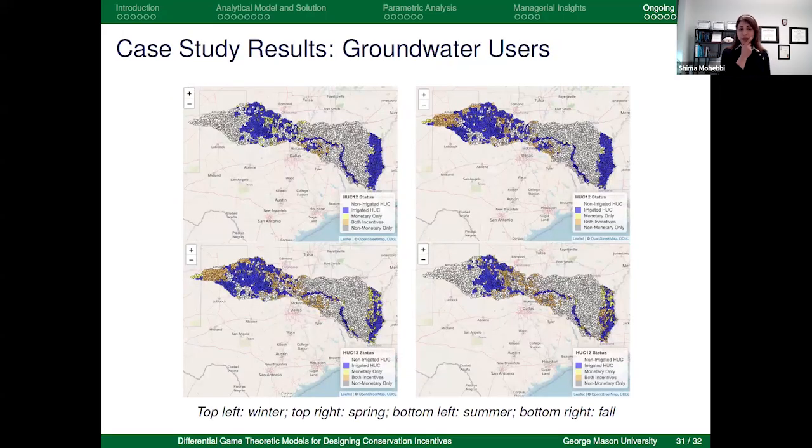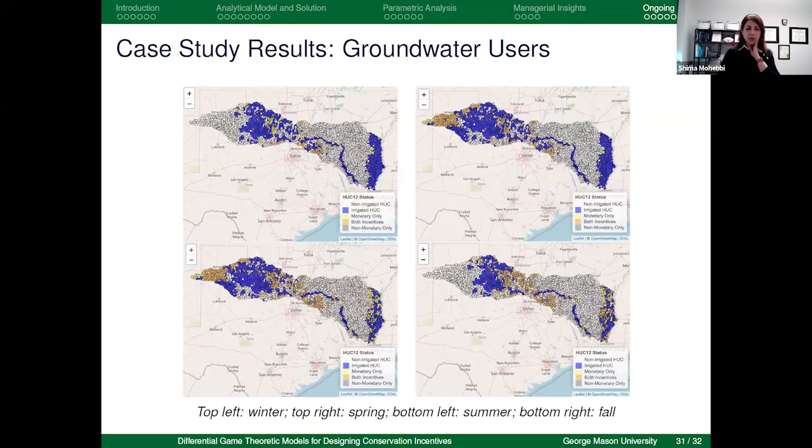We applied these models to the Red River Basin case study over a 1-year period. Why a 1-year period? Data availability is one driver. Here, hydrologic units were used to define groundwater and surface water users, resulting in more than 2,000 water users, approximately 2,500, and that's the reason that we really need scalability of the solution method.